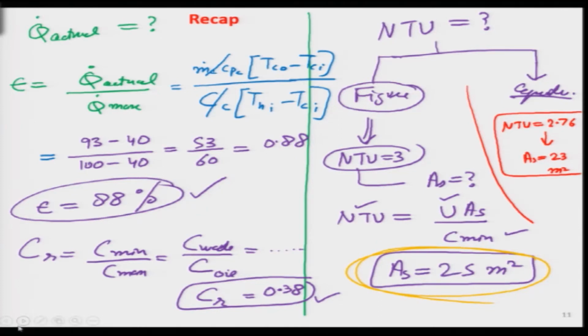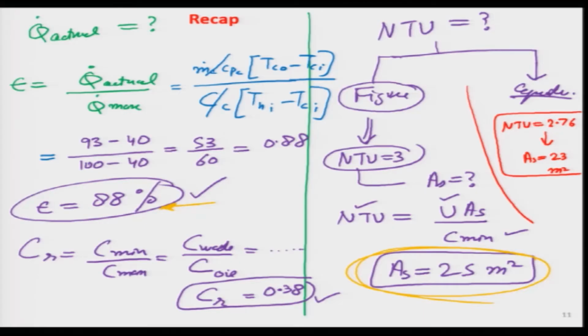What we did, as is seen over here, is we took one solved example which we had previously solved using the LMTD method, and we knew the two temperatures of the inlet fluid, we knew the overall heat transfer coefficient, and the objective here was to calculate the value of AS, the overall effective area of the heat exchanger. If I remember correctly, with the LMTD method, that value had turned out to be about 23.5 square meters.